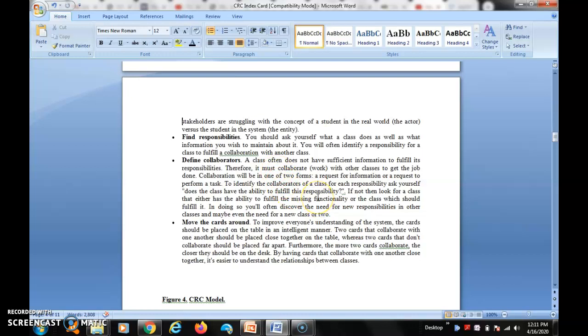Define collaborator. A class often does not have sufficient information to fulfill its responsibility. Therefore, it must collaborate with other classes to get the job done. The collaborations will be in one of two forms: request for information or request to perform tasks.